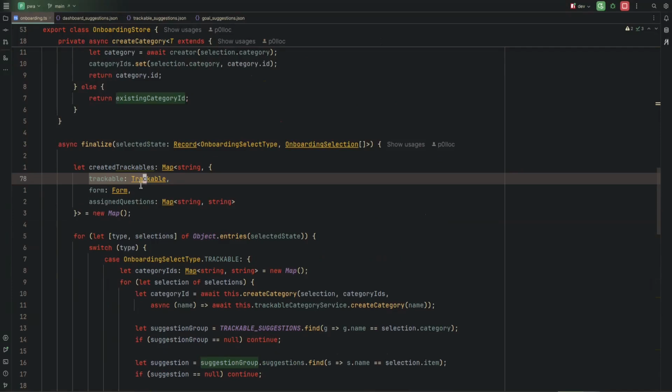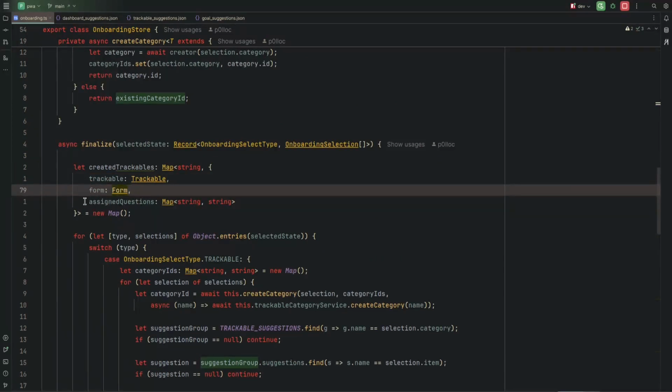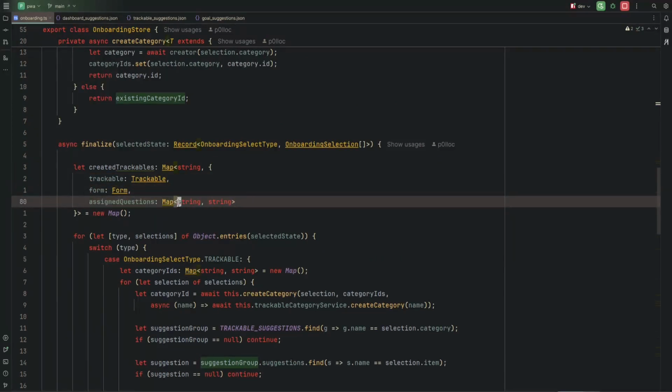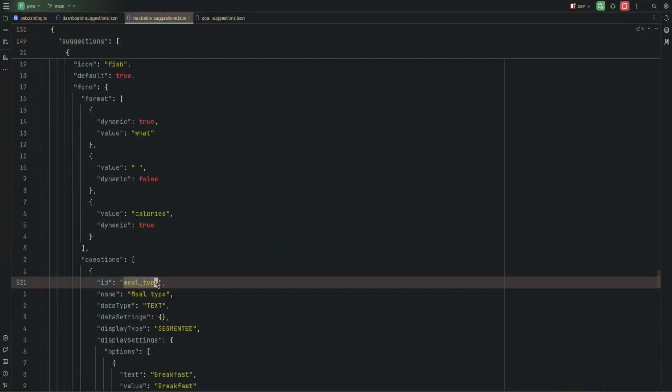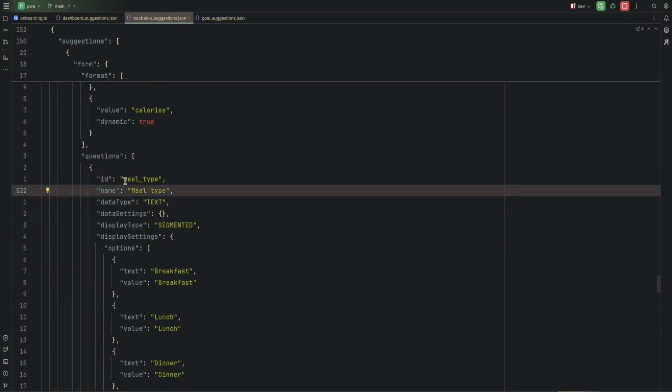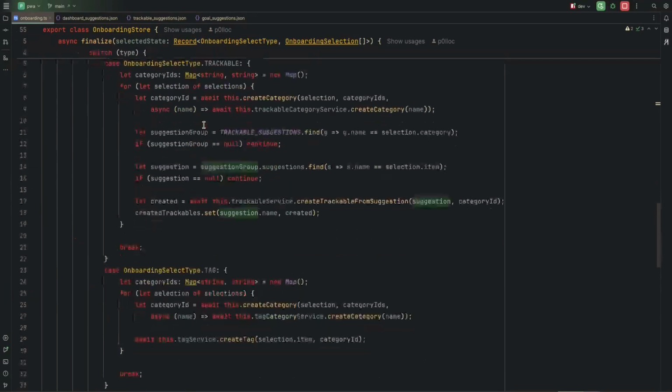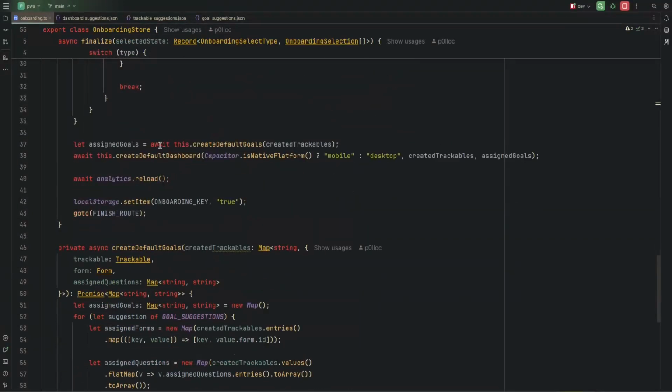We have the trackable and the form that was created, and also the assigned question. So this is the question ID. If we have a question ID here that says perhaps meal type, this actually gets a random UUID. So we need to know what the actual ID of it is. But then down here when we actually create